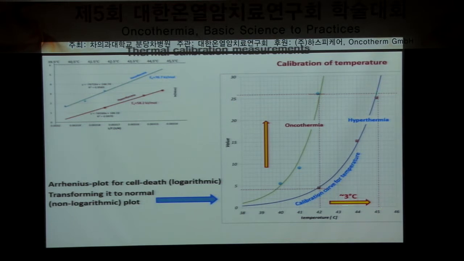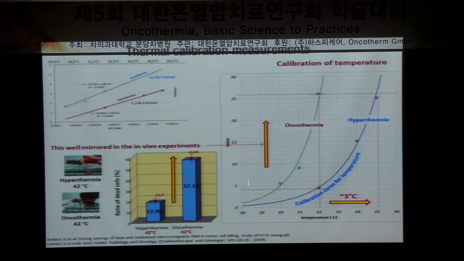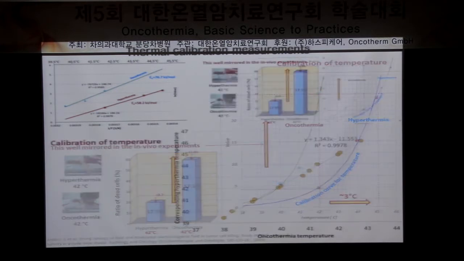So it means that this difference is really on the membrane. So it means that the difference between oncothermia and hyperthermia is very large, despite of that one, that the measured temperature, the overall temperature, would be the same. So even if you can go in lower temperatures, at least 3 centigrade difference is on. This growth which we have here, it very well corresponds with the earlier measurements which was done in vivo and was published in 2009. So it means that all the system is correlating together with